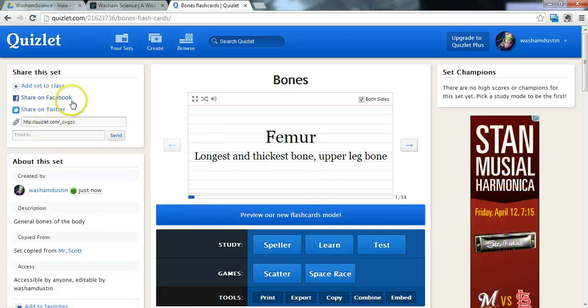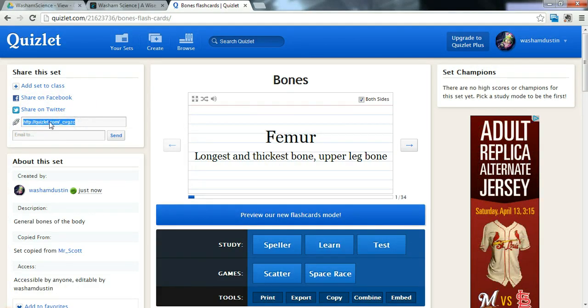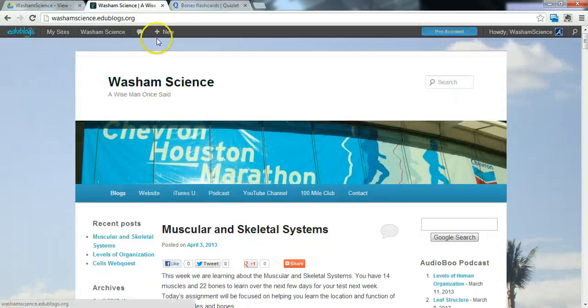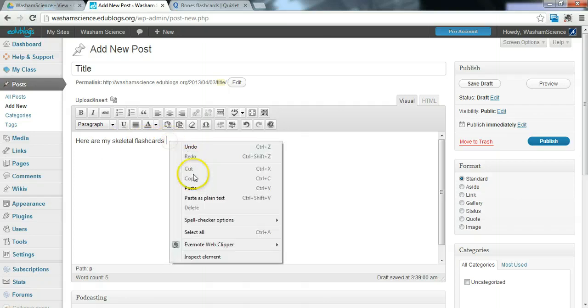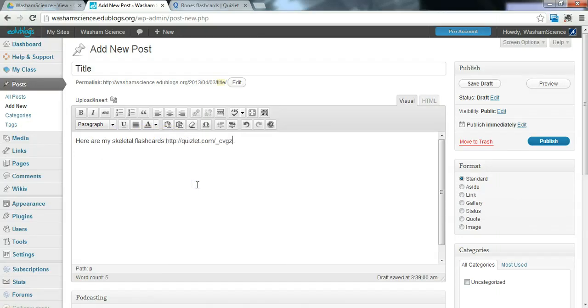you can go over here on the left hand side, and this is the link to your set. You want to right click, copy the link, go to your blog, create a new post, give your post a title, and you can say, here are my skeletal flashcards, and you can go ahead and right click paste, and there's the link. Or